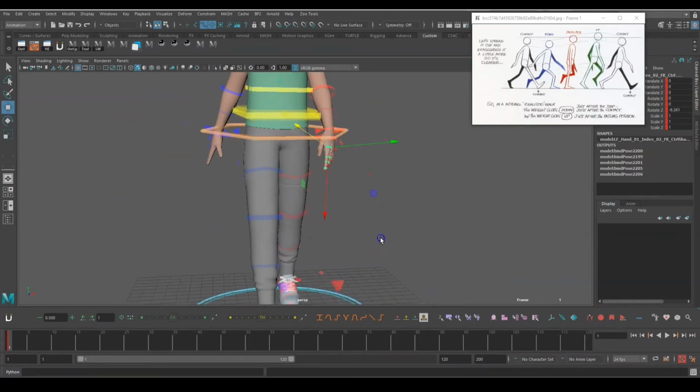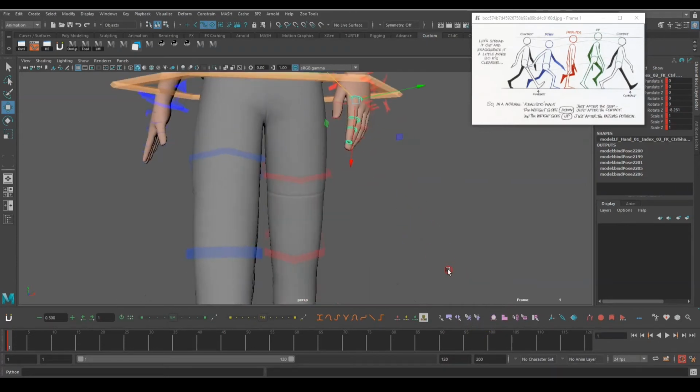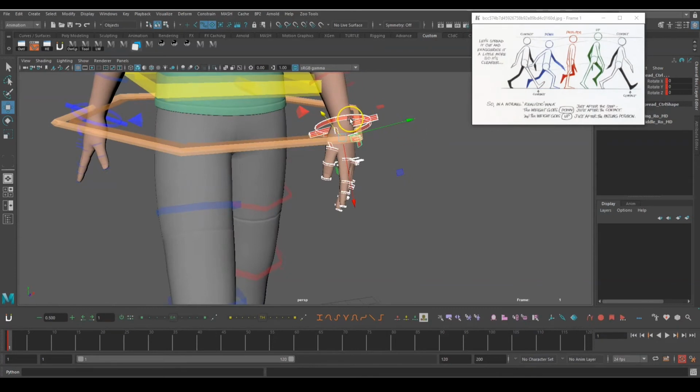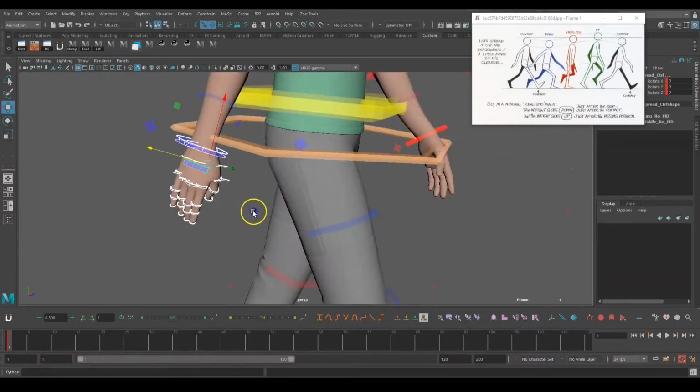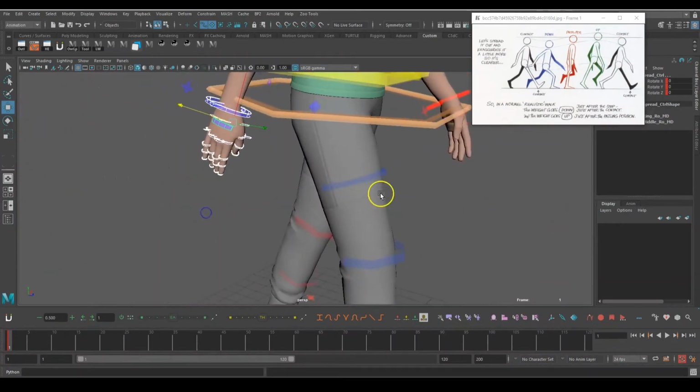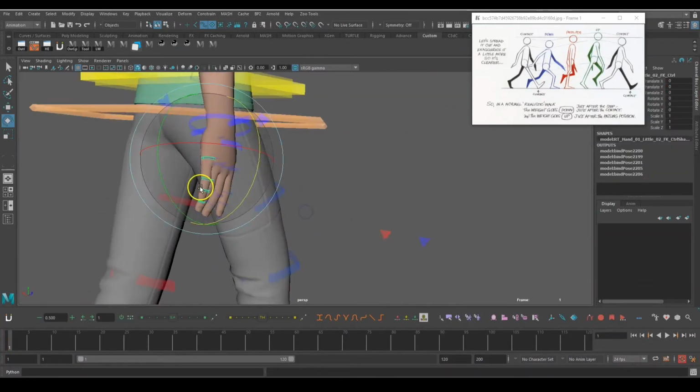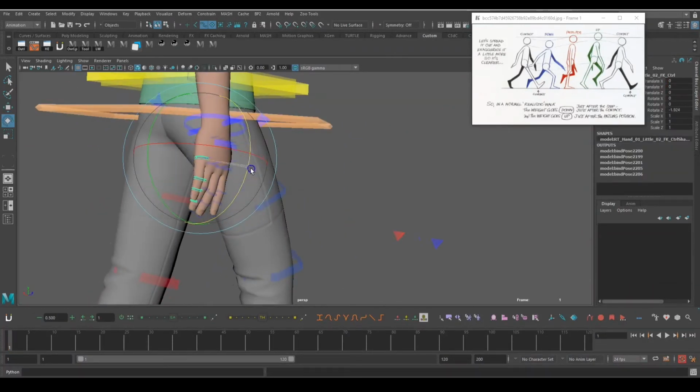So now what I will do, I have a script for mirror. I will use this. I will take all these controls, not these two, all the hand controls. Then I will mirror this. For this, mirror is not working because the axis is different for finger controls.